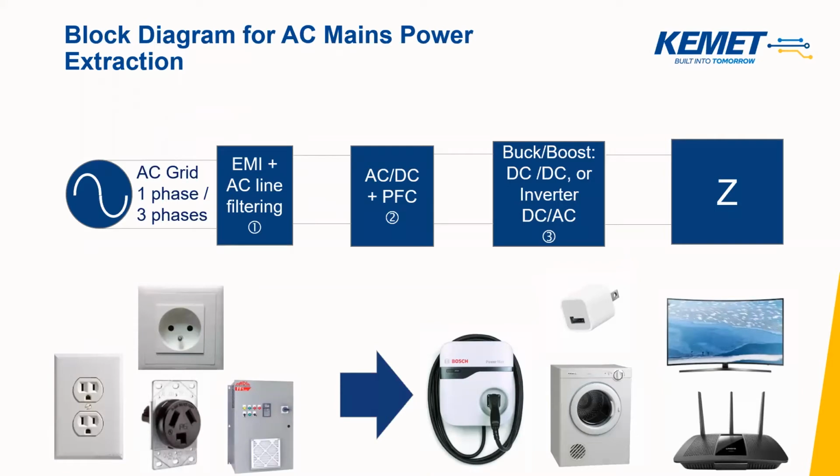No matter what device you use at your homes or at your work, they all have this basic sequence of electronic blocks. The AC main signal is firstly cleaned, made noise-free, and then supplied to the AC-DC stage, which then converts it into a smooth DC waveform to be processed further by subsequent stages. So Z here represents the load impedance.